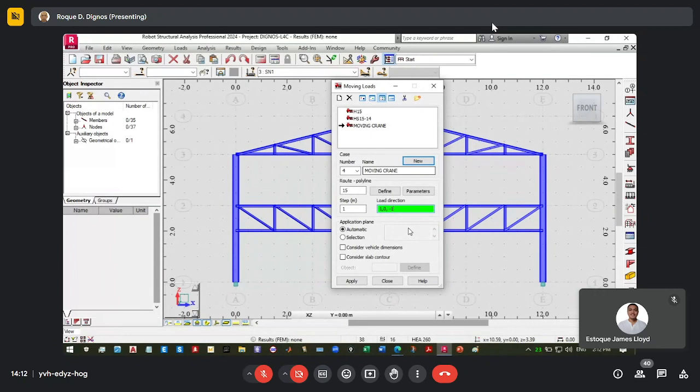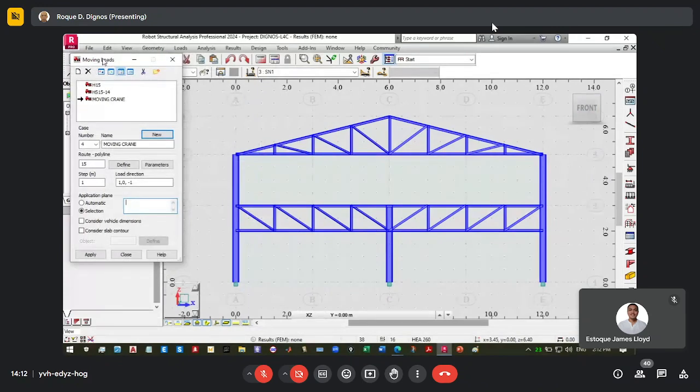And then, the application, so the selection now. So meaning to say, you can run your moving load there provided that you identify the path.